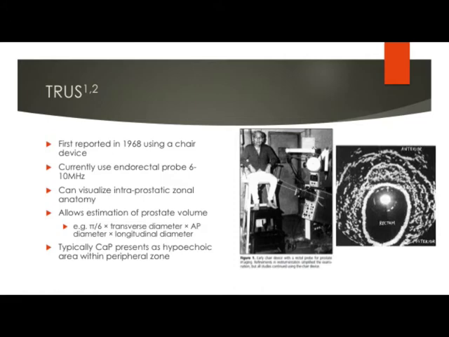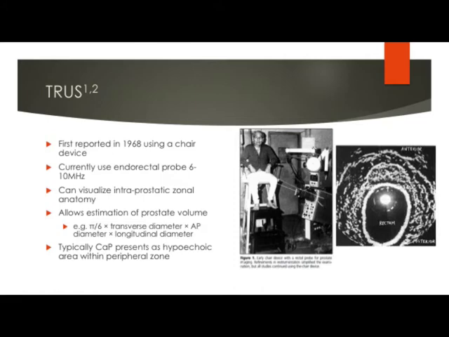But essentially, the take-home message is that despite trying all these different techniques, TRUS alone, if you use that as an imaging technology to try and find a prostate cancer, will miss about 45% of cancers. It was first reported in 1968, and you can see the kind of images they used to get back there, and there's a sort of chair set up with the man sitting on the chair and the probe going up in the rectum